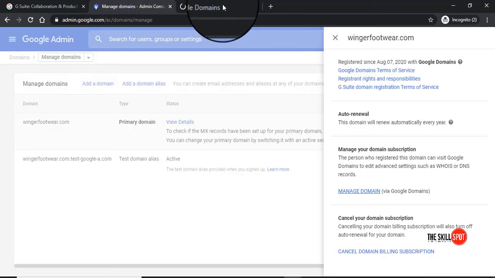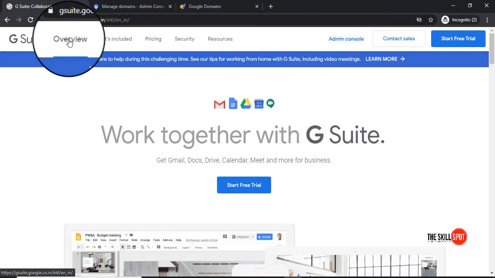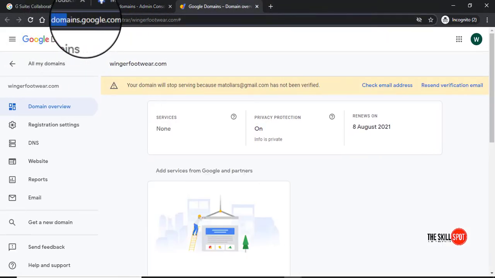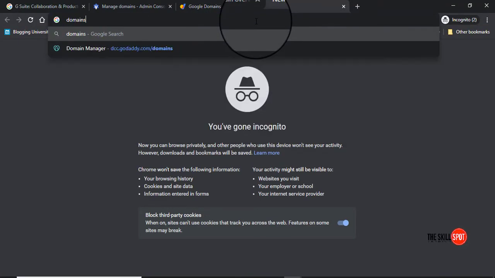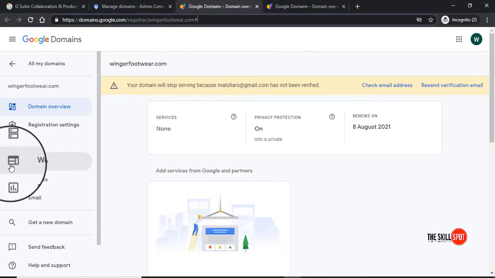There's one more thing I really want to tell you: you can follow this process from a different angle also, right? How we started, we went to this admin console from G Suite, and there's another way. You can directly go to domains.google.com. Let me show you that one more time, domains.google.com, right? All your domains registered with your email ID would have been replicated here. You can see that here too. It's visible. See, the same page has opened up, right? It's the same page.